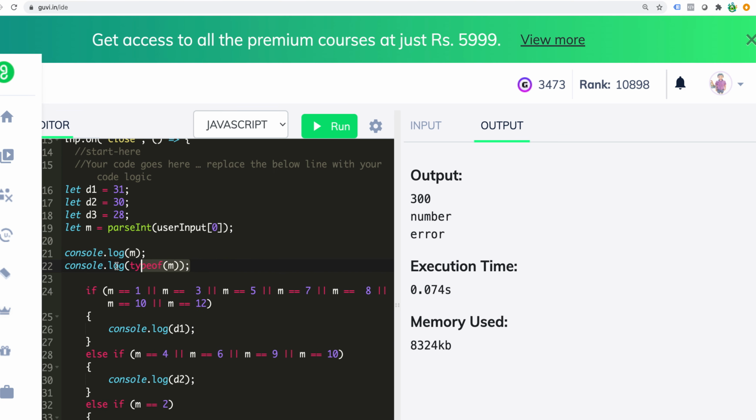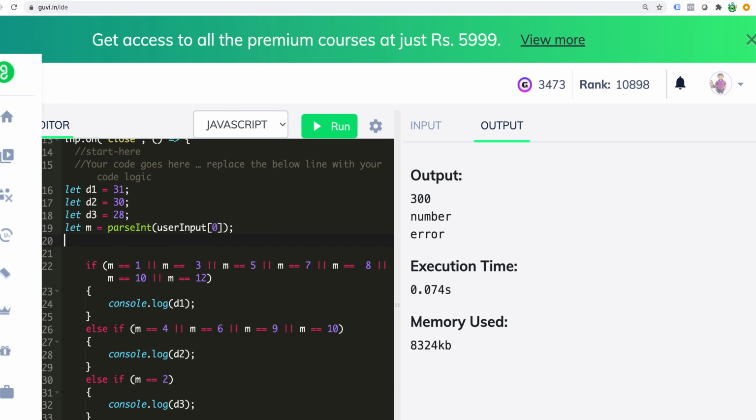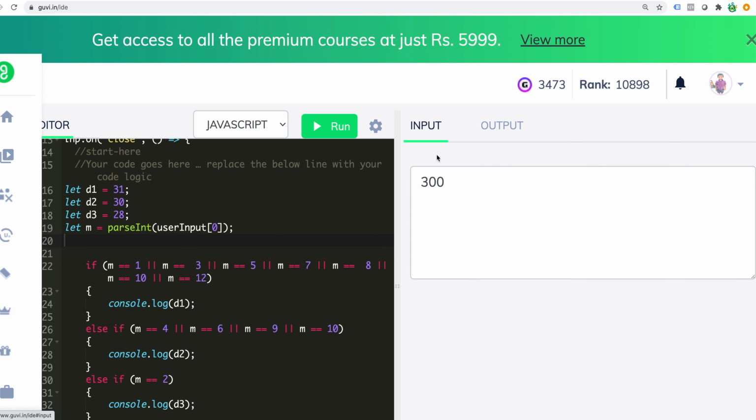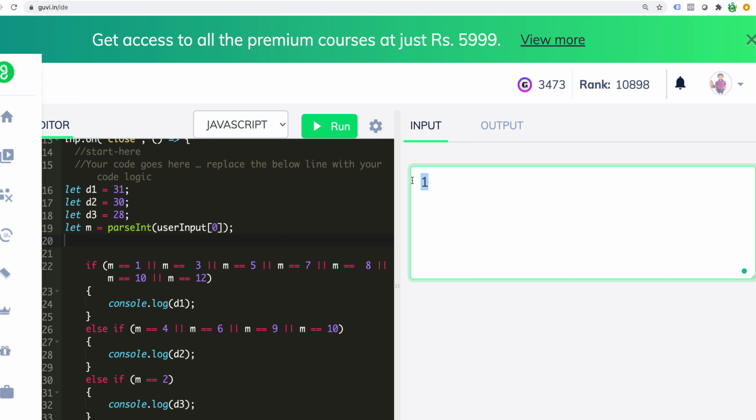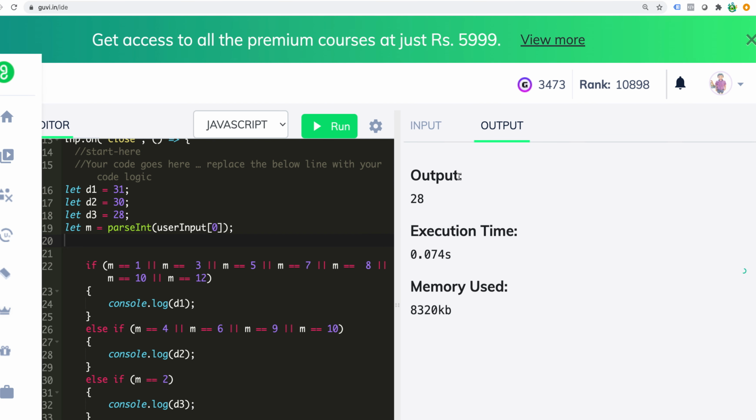Now let me remove the other unnecessary prints and check the output for other values. If I give 1, it should give me 31 days, which is January. See, 31 days. If I give 2, which is February, it should give me 28 days. Yes.